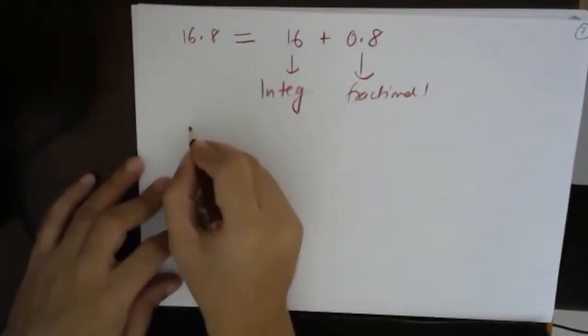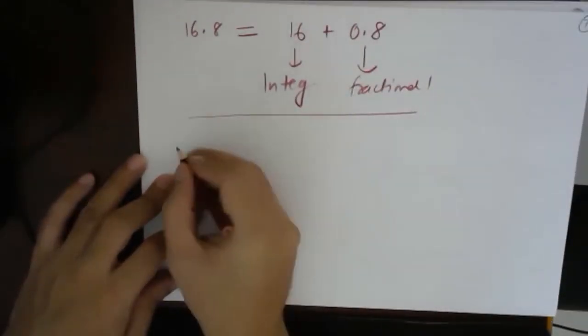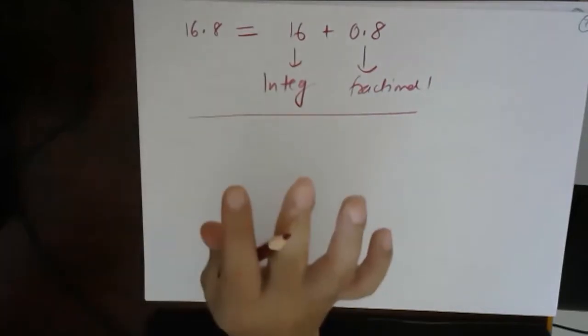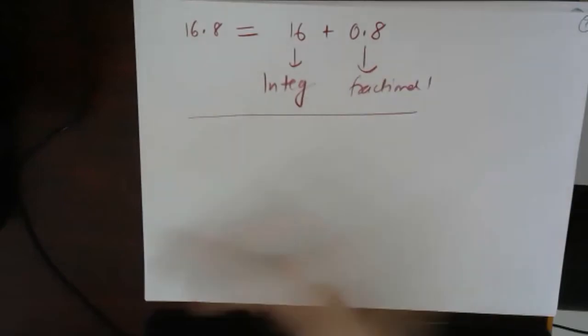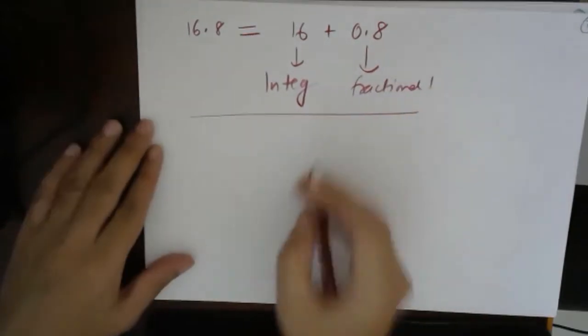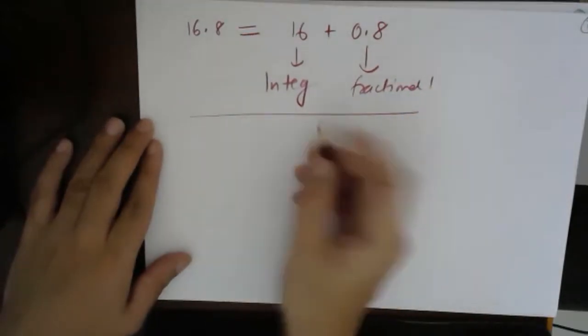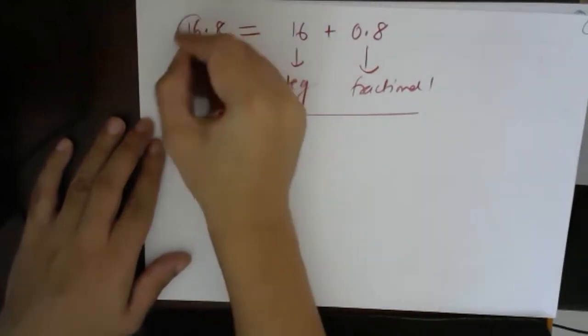So let's give you one or two problems once again. Basically the single funda is, I'll give you the trick. It's not a trick. I just wanted to show you how we are getting this. The trick is, if you have a positive number like this, this will be the integral part.